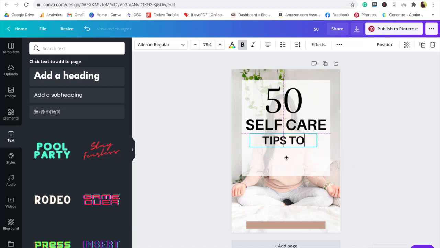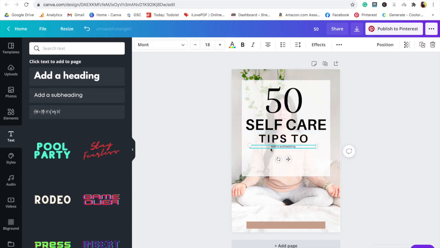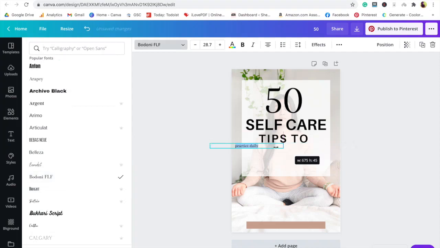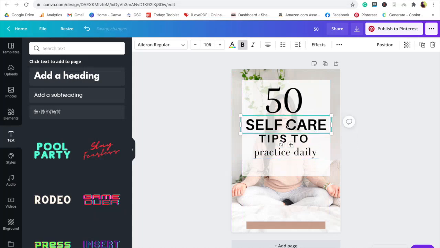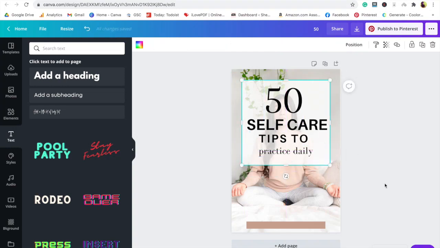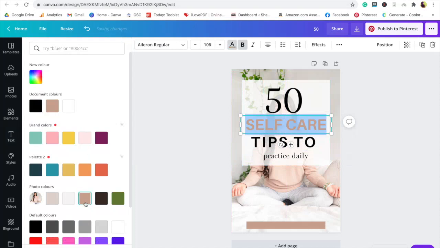And just reducing the size of this one. You can even make sure that that's stayed in the center. I'm just going to make it smaller and blue. Now simply change the color of the font. It's not that prominent, so you can